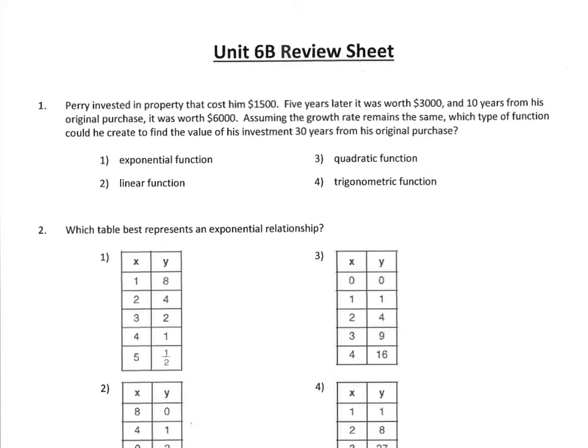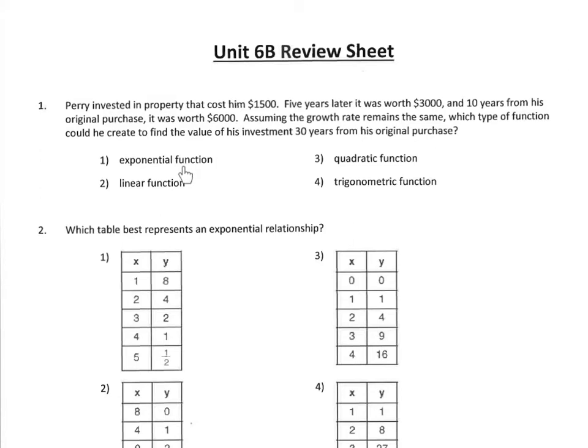In number one, it talks about Perry investing in a property that cost him $1,500, and then 5 years later, it was worth double that, $3,000. Then in another 5 years, so 10 years from his original purchase, it was worth double that, so $6,000. So what's happening here is his property every 5 years is doubling, and they want to know what type of function does this represent? Well, this would represent an exponential function, because an exponential function